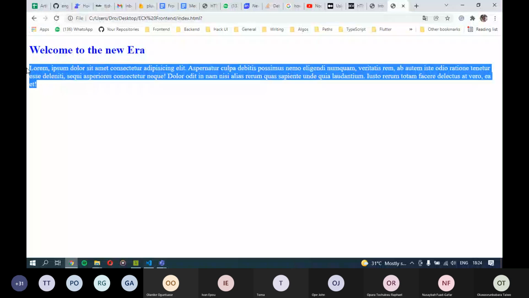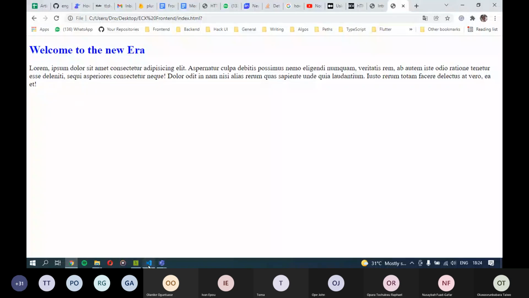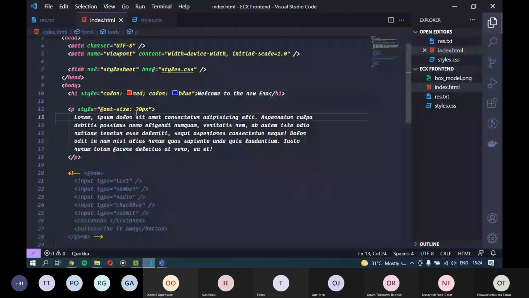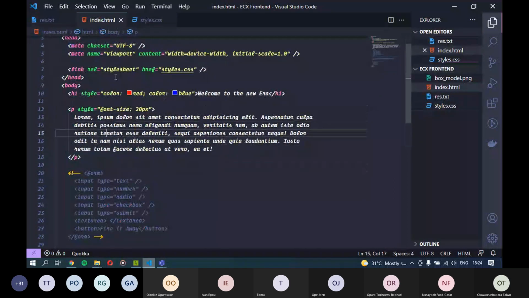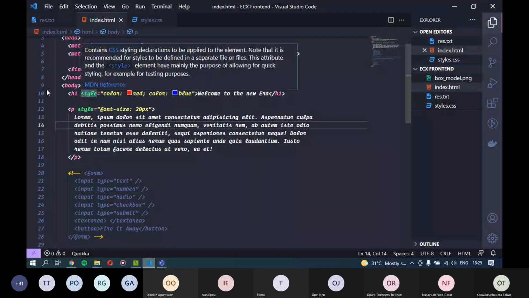Now, what was the next one? Internal style sheet. An internal style sheet is when we have the style sheet inside of the HTML. We don't put it on the element. We don't style the element directly. We style the element from a style sheet, but we don't take the style sheet outside of the HTML. We put the style sheet inside of the HTML file. So you can do that by coming